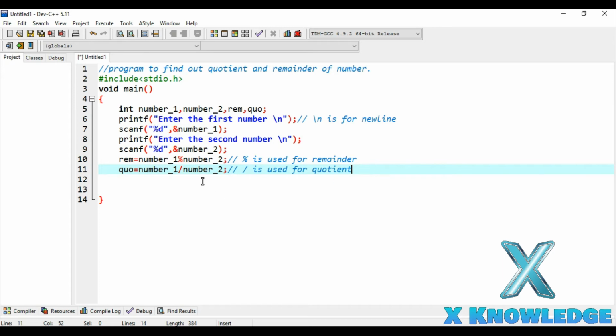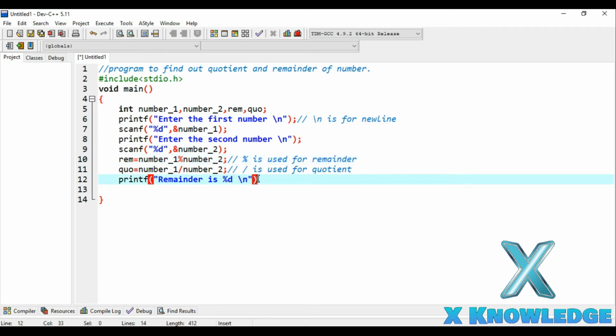So let's print these two and watch them in action. Remainder is %d, and this %d will be replaced by this variable, and use the \n.